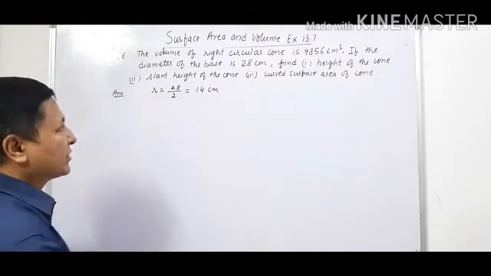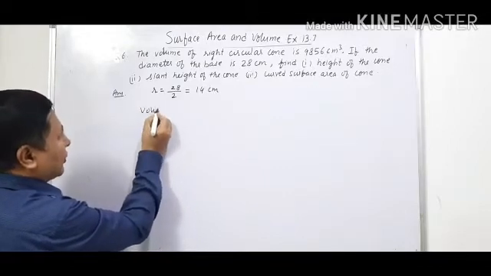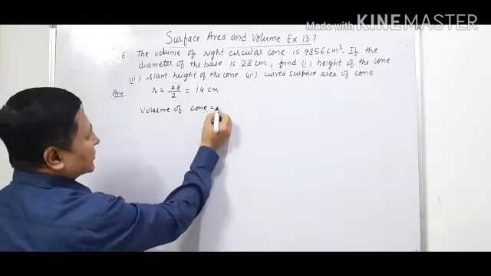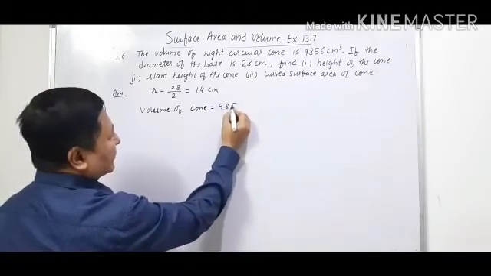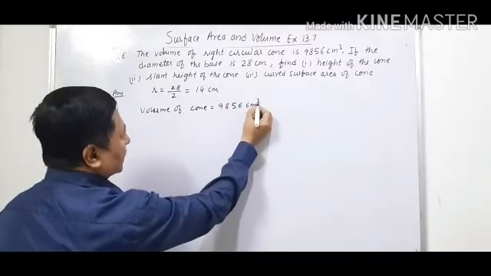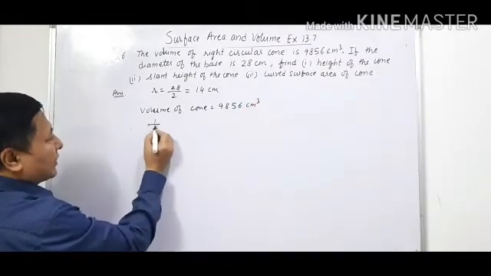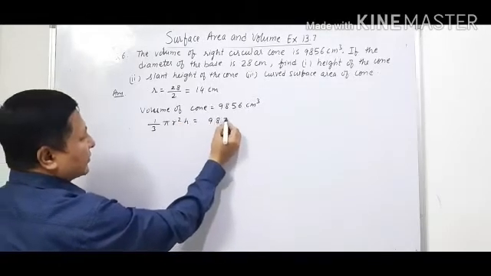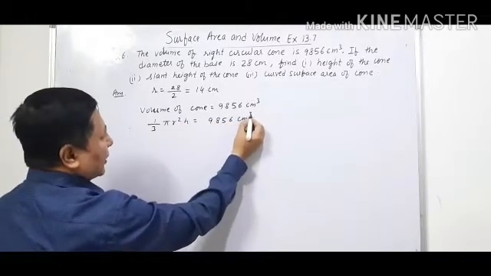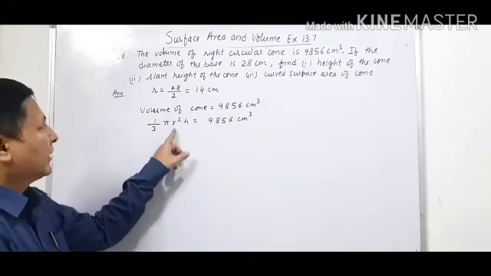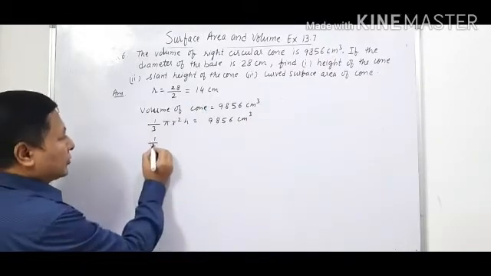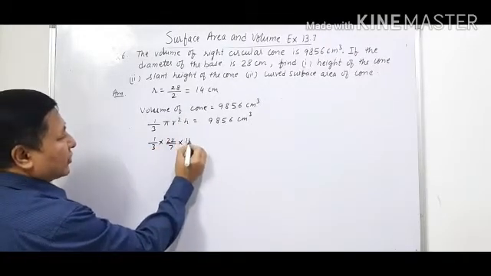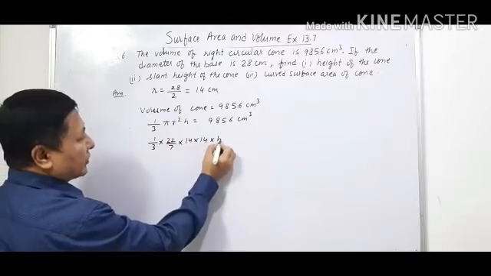Volume of cone is 9856 centimeter cube. So for the volume of cone, we know the formula 1 upon 3 pi r square h is equal to 9856 centimeter cube. Now radius is 14. So 1 upon 3 into 22 upon 7 into radius, that is 14 into 14 into h is equal to